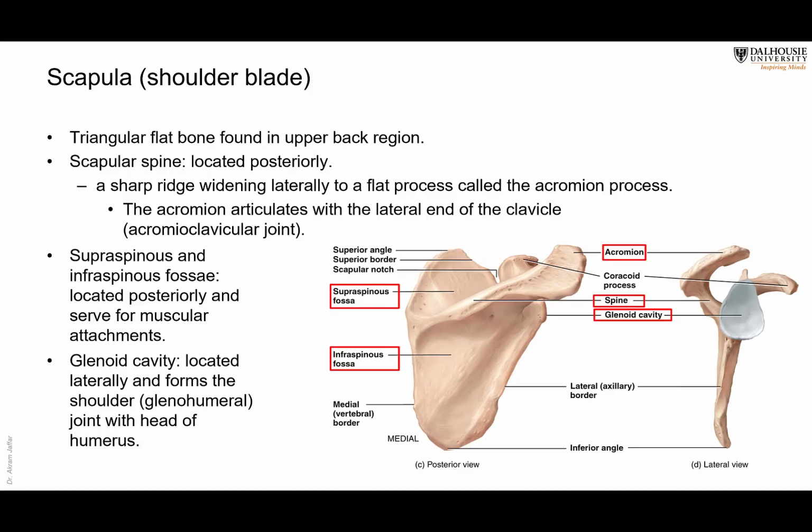The scapula, the other name, is called the shoulder blade. And it is obviously a flat bone, triangular in shape. If you look at it from the posterior side, you'll see that it has like a shelf or a projection, or a ridge, which is called the spine of the scapula. And this spine, if we follow it laterally, will form one of the processes of the scapula, called the acromion process of the scapula. It is the acromion process of the scapula that articulates with the clavicle